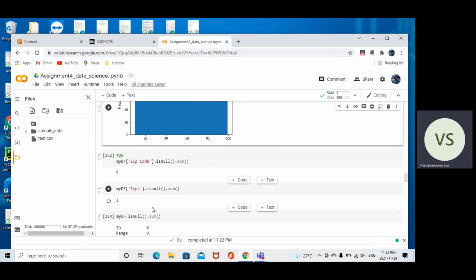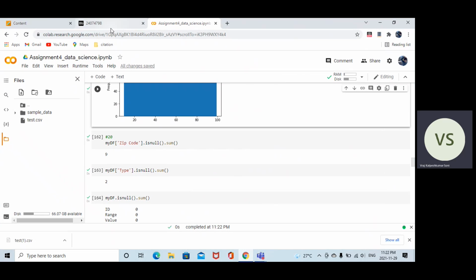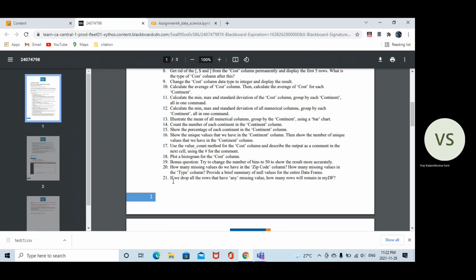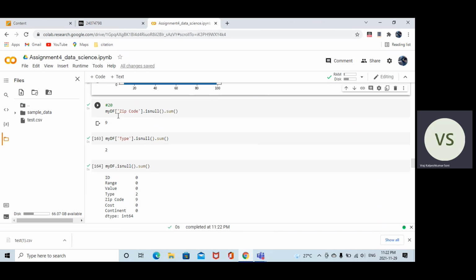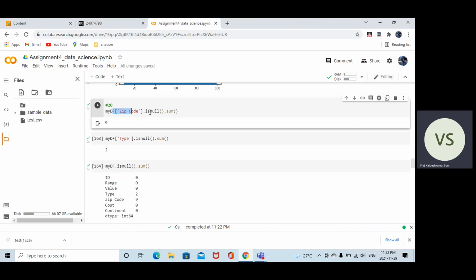Okay, here we go. It says how many missing values do we have in the zip code column. So in the zip code column, I'm just going to use is null. Do we have any null values? If we do, then what is the sum of that?